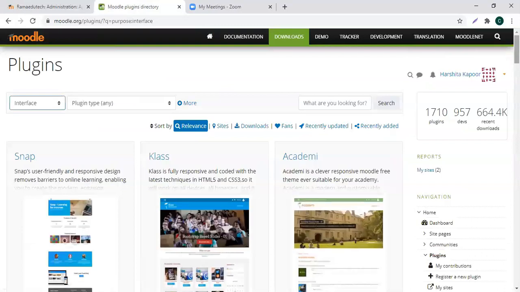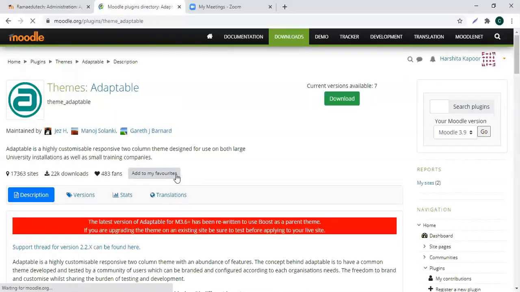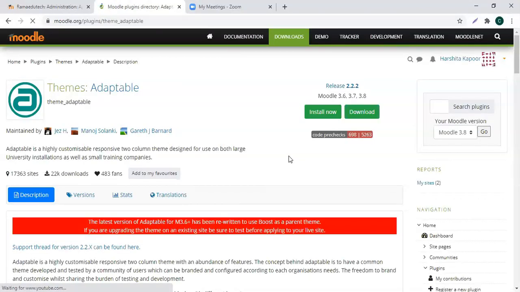I have logged into my account, and now when I go to the theme that I want, you can see that there is an option to install now or to download. All right.